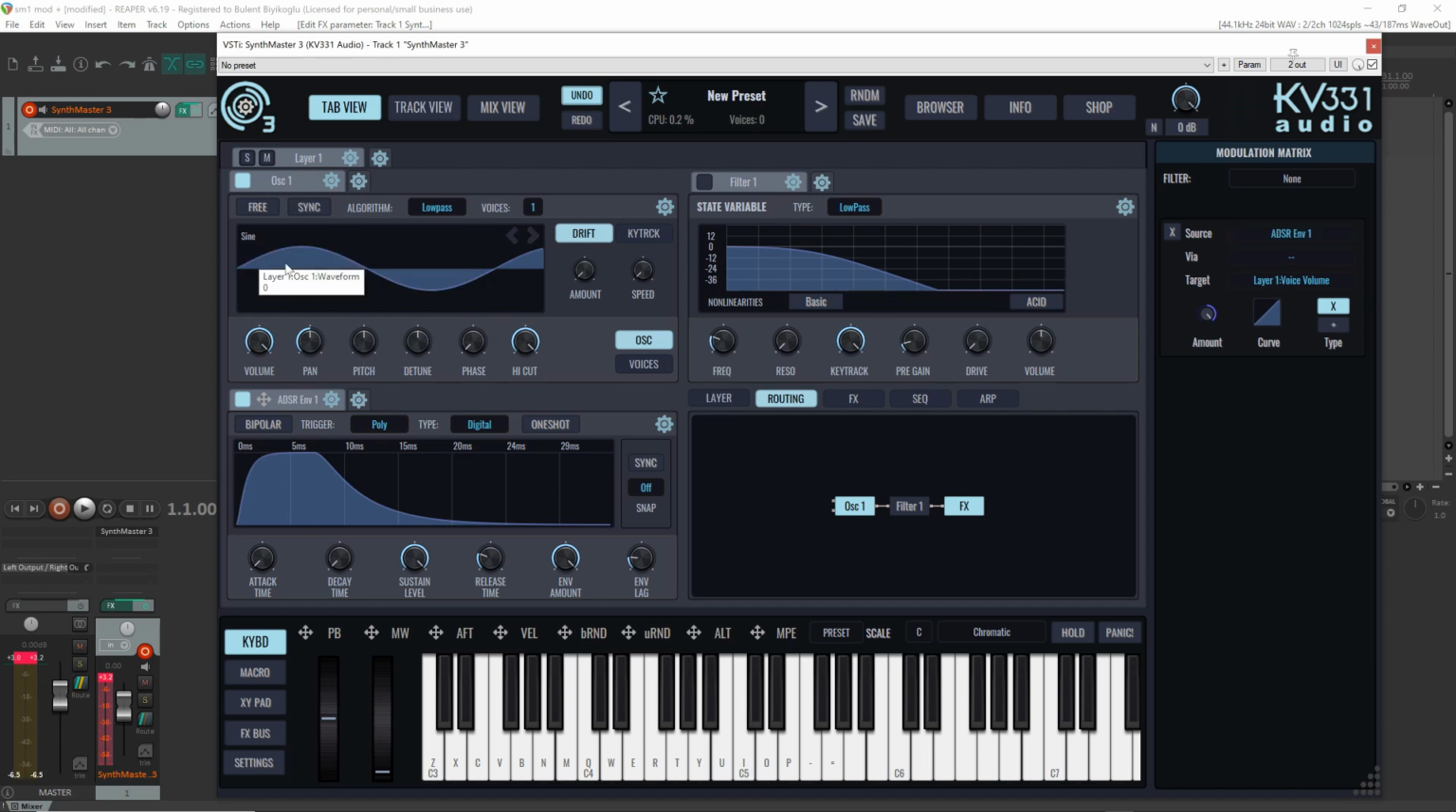By default, it plays a sine wave, but of course we can change the wave types here. The basic oscillator features just basic shapes: the sine, triangle. Let's actually use the mouse scroll wheel to hear them. Sine, triangle, square, sawtooth,